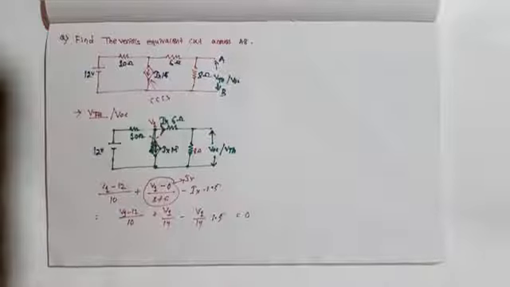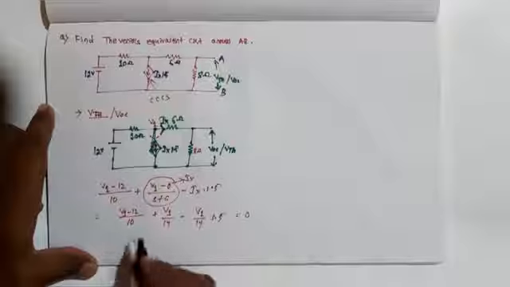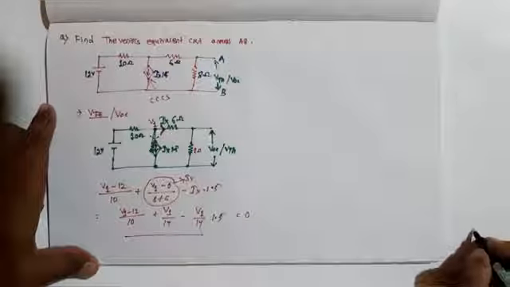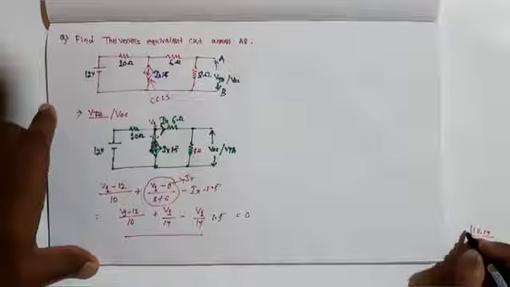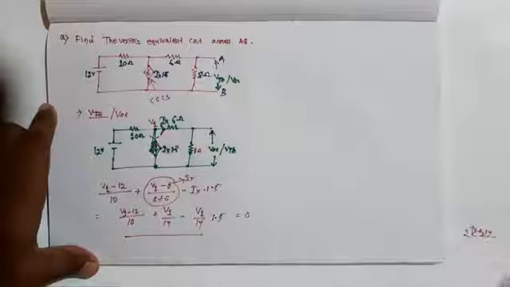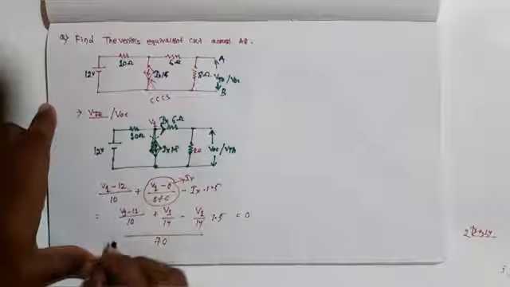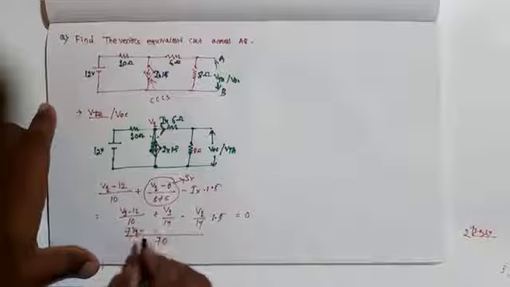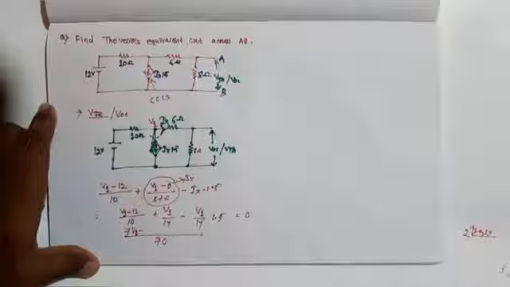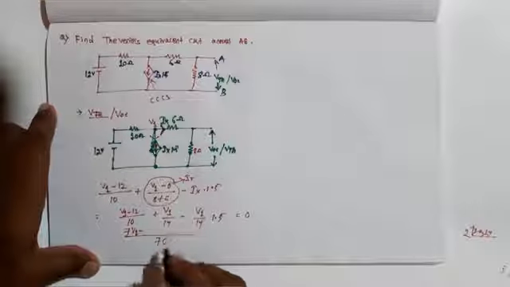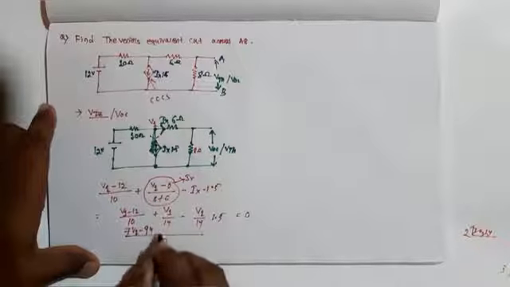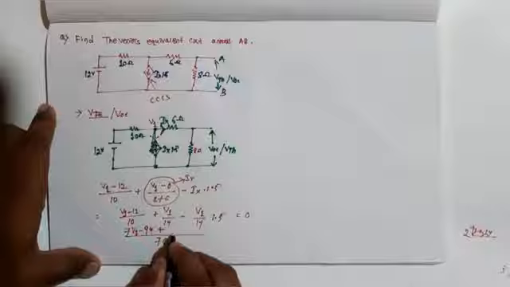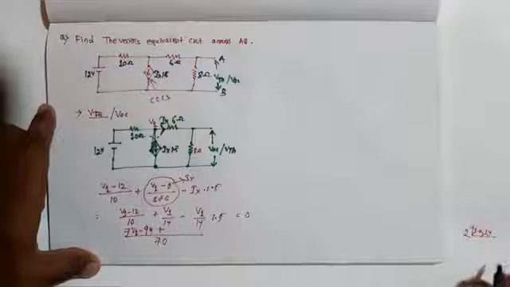So we take the LCM. The LCM of 10 and 14 is 70. We take 70, which means 7 V1 minus